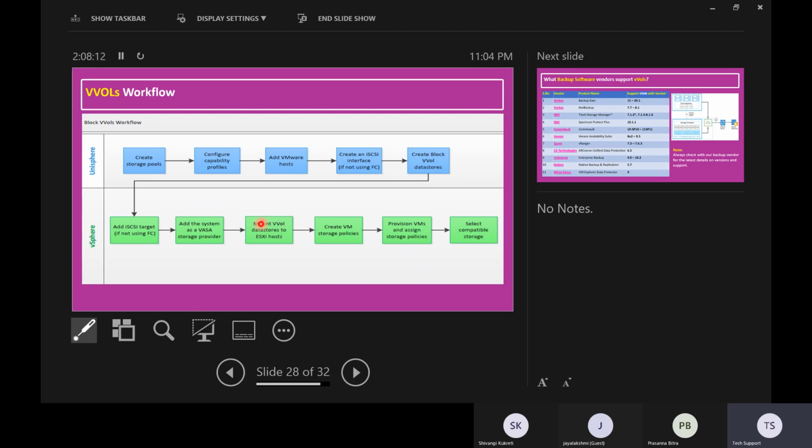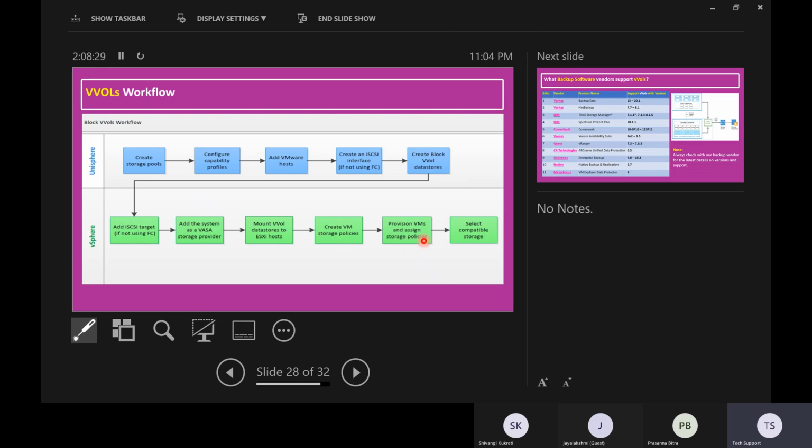When we create the virtual volume data store itself, there are virtual machine storage policies. So you can choose the relevant policies. There are default policies available. You can use either the default policy or you can create customized policies as well, and provision the virtual machine